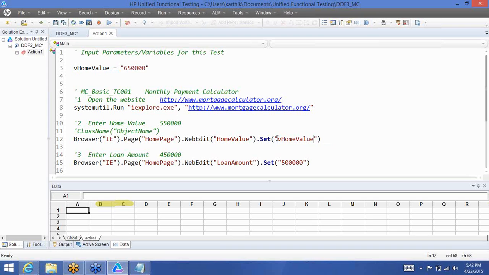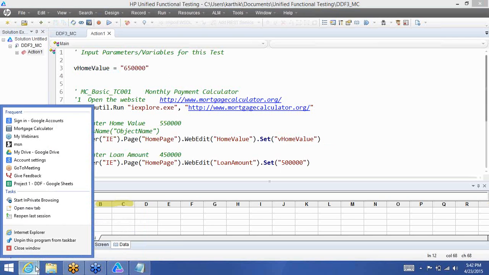Now, without adding any more parameters, let us try and execute this test and see what happens. There are a few browsers open. Let's close them